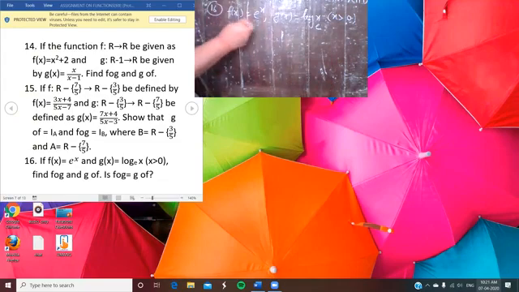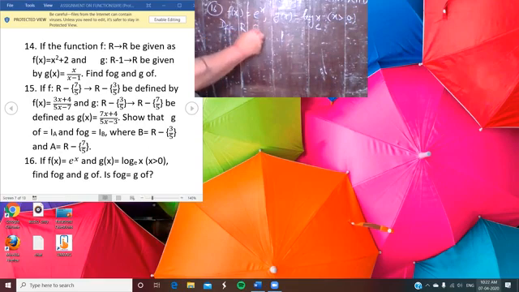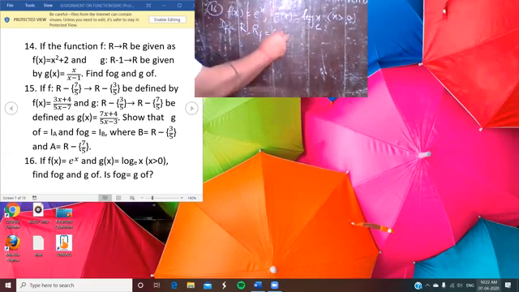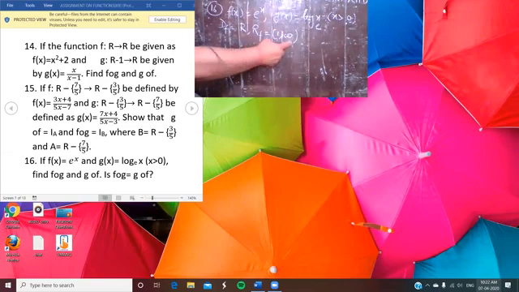So here you see the domain of f is given here. The e to the power x is defined for all real numbers, no doubt. Now if you're talking about the range of f, if you put x equal to 0, you have 1. So you can say that the minimum value of e to the power x is 1. So the range of f is from 1 to infinity.